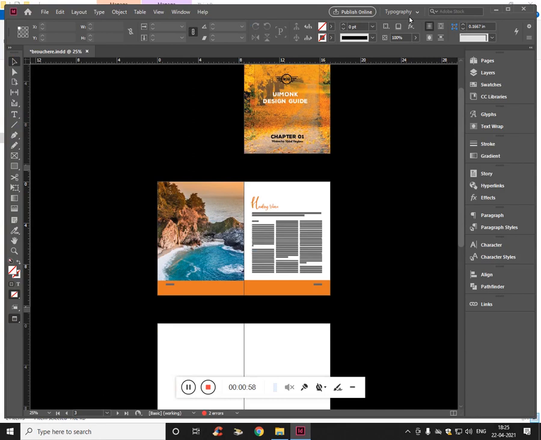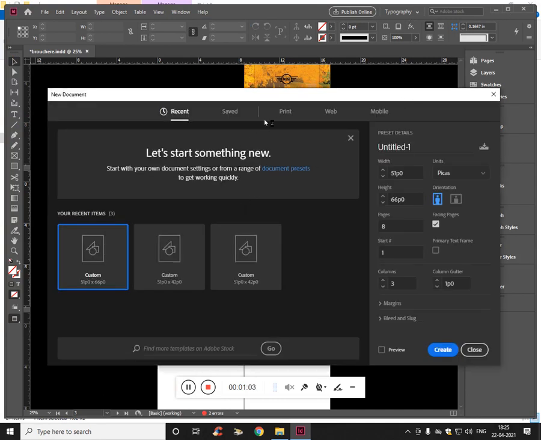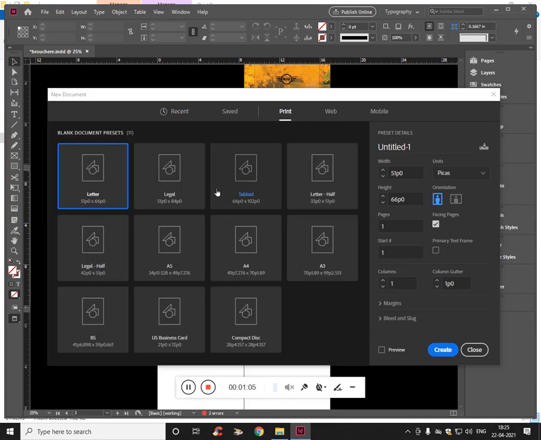Click on document and get into the print. Here we would be seeing something like legal or letter. It's up to you. I'm going to make this letter, half inches, and the portrait orientation is okay.